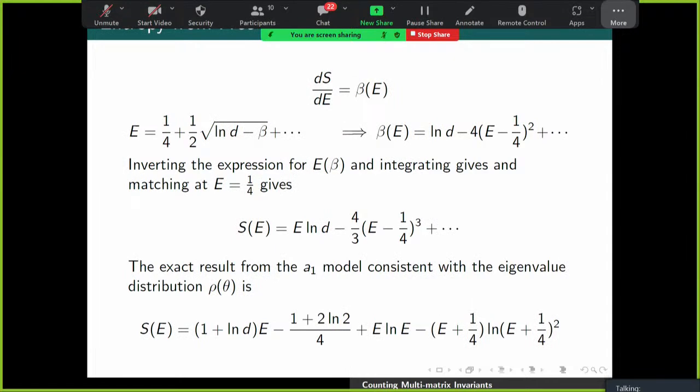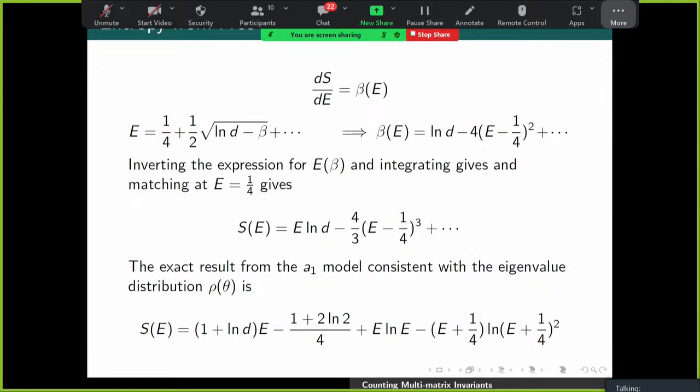But I want to focus more on the entropy, because we're interested in counting the number of states. We can extract the entropy. We've got the entropy of the counting from the low temperature phase from the exact expression, taking n goes to infinity. We're getting the counting from the high temperature phase from this density, but it's only an approximation because we've used the A1 model. If we use the derivative of the entropy with respect to energy being beta, we can